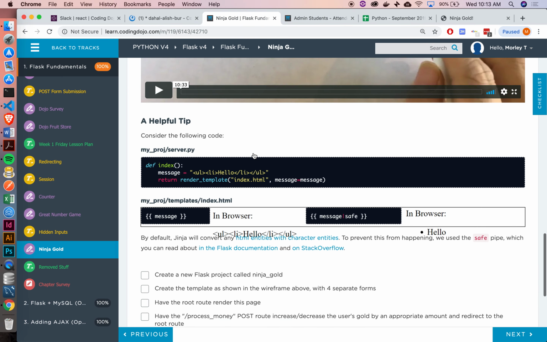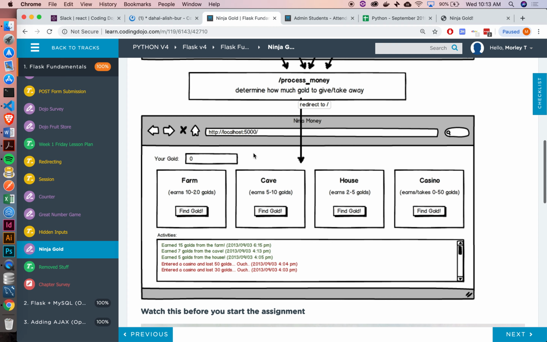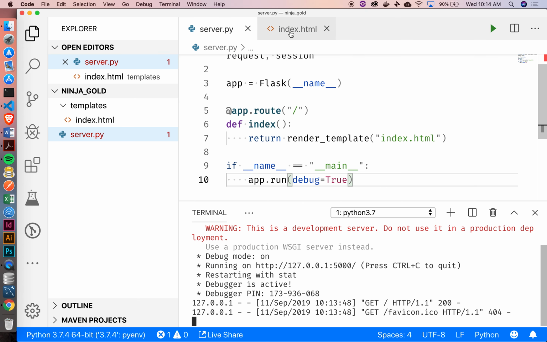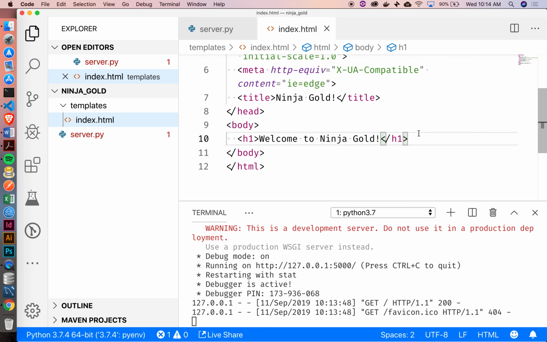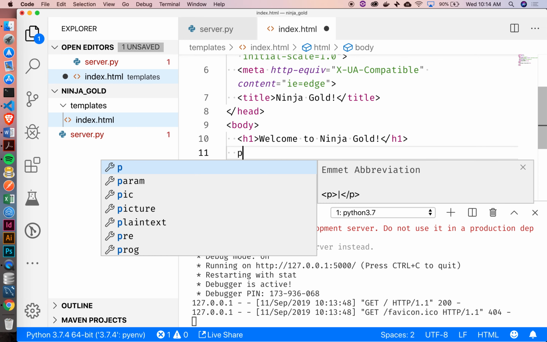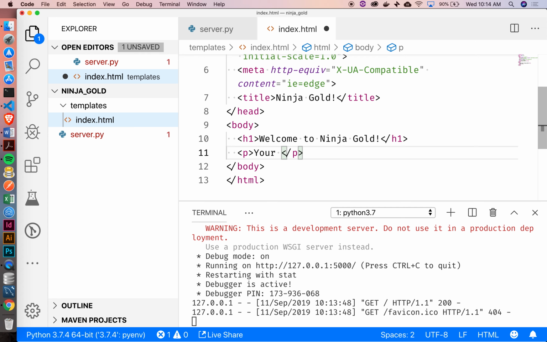All right. Let's just create some basic HTML so that we have something that kind of looks like what we want. So we've got this thing at the top saying your gold, and we'll just say it's 0 for now. So I've got a p tag, your gold, and then I'll just create a little span tag. There we go. Okay, and then your gold for now is just going to be 0. Obviously, later on, we're going to change this. And let's just create some styling on this. So we'll just say the class,